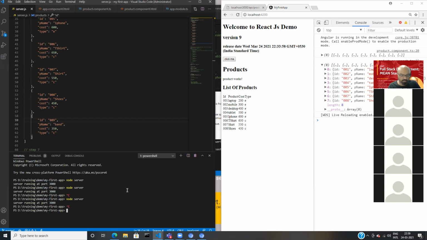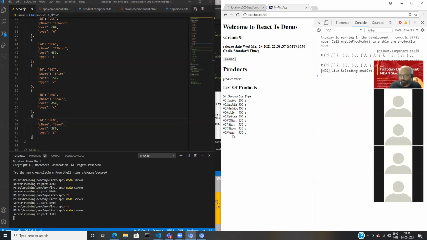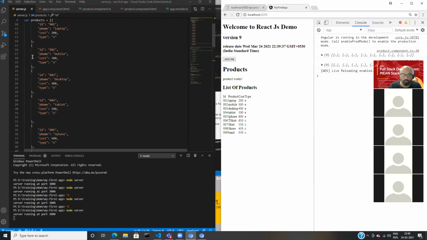Now I kill the server and restart it, right? And now just refresh and see what happens. One more product got added in the database, for example, and the API is fetching the data and throwing the data. When I refresh, when you open Amazon next time, you will find band also as a product. You getting my point? So this is a perfect example of end to end working, where your front end is calling your API, and the API is returning data back to the front end. The only thing missing here is the DB. There's no DB. This list should come from the database.